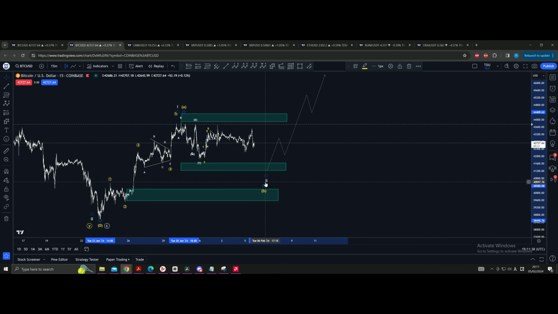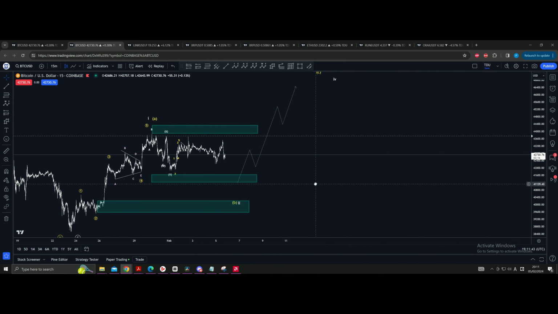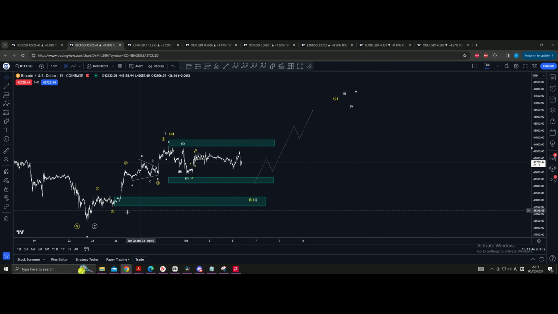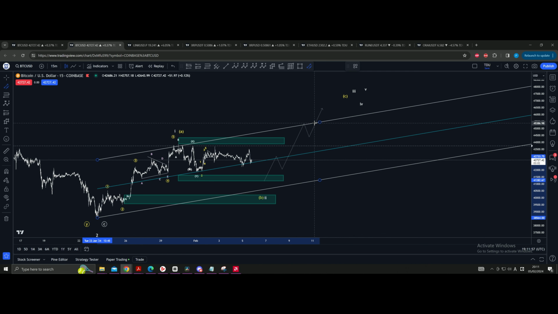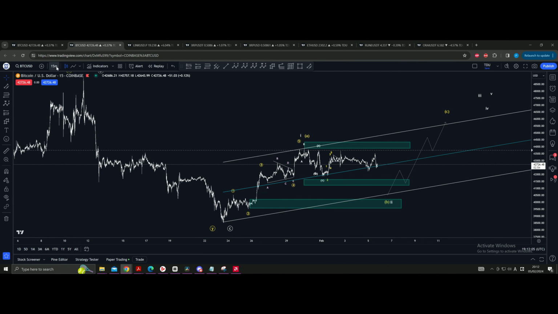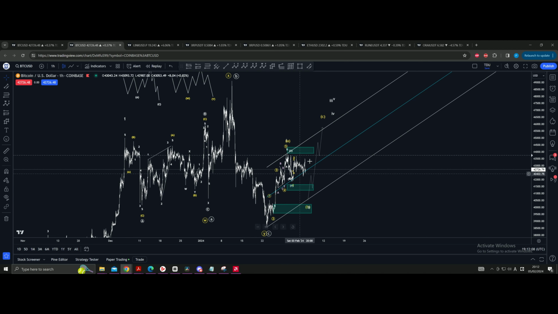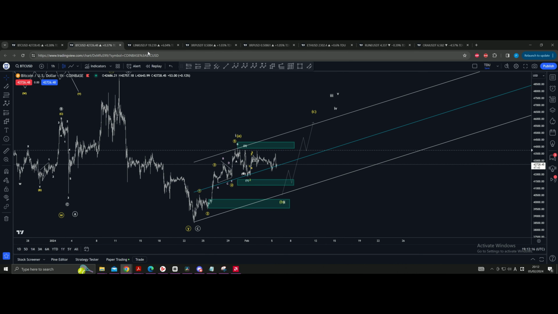Anyway, I'm definitely interested here and here to buy some Bitcoin for a longer term play. This can be 1, 2, and off we go for the 3 of a 3. If not, well, perhaps something like this, at least to trade the wave C. And that's your bearish case of a 1-2 or a WXY. Okay, that covers Bitcoin at least.